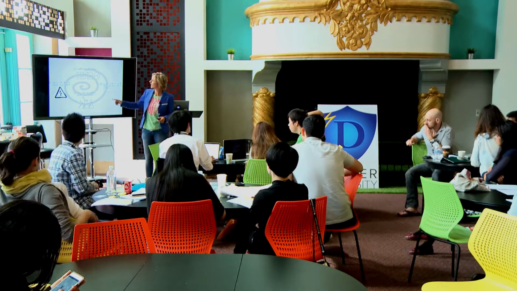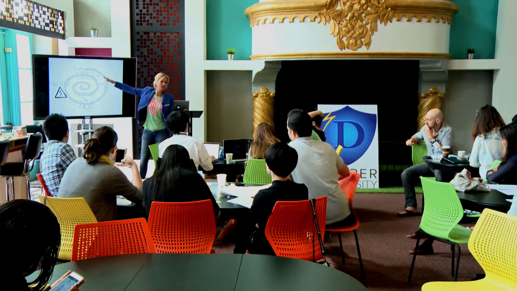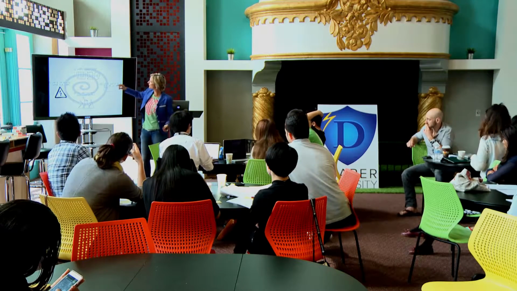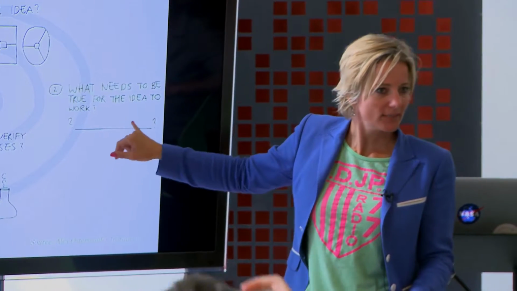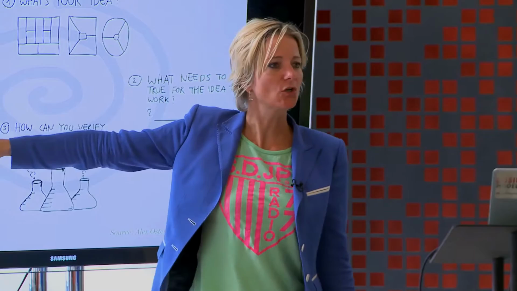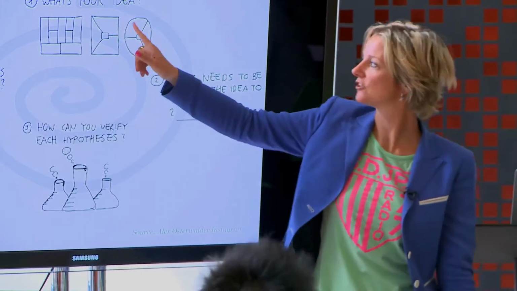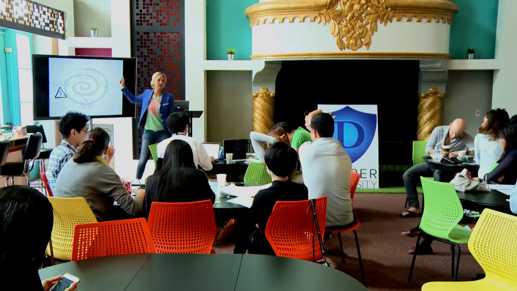Basically what the loop looks like is, what is your idea? And you can put that in a canvas, you can put that in a value proposition, you can put that in a prototype. What needs to be true for the idea to work? Right? What really needs to be true? Because if that one thing is not true, the whole model will fall apart. It doesn't work anymore. What is that critical thing? How can you test that? And what do you learn from every test? And how does that change your idea? And what's the next thing to test? This is the cycle of validation.